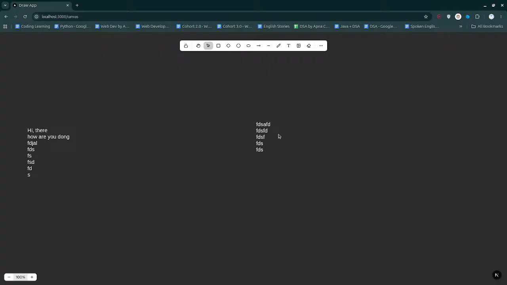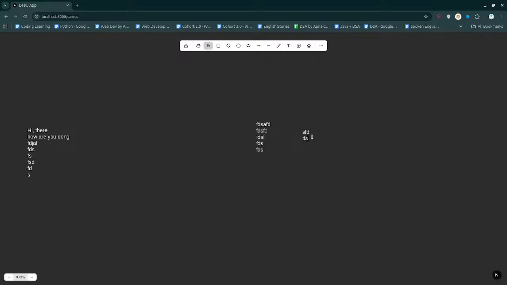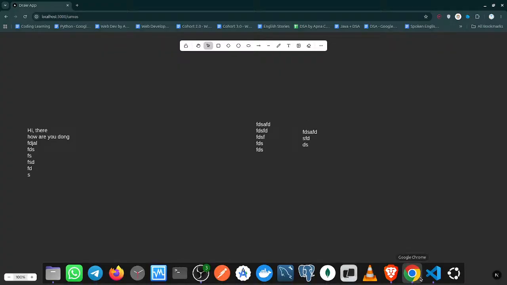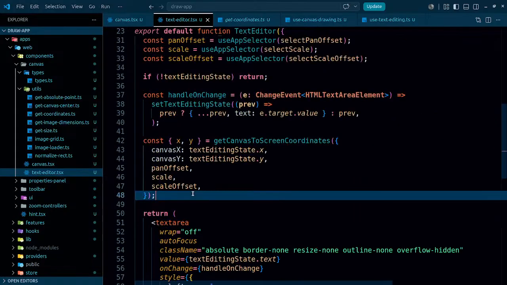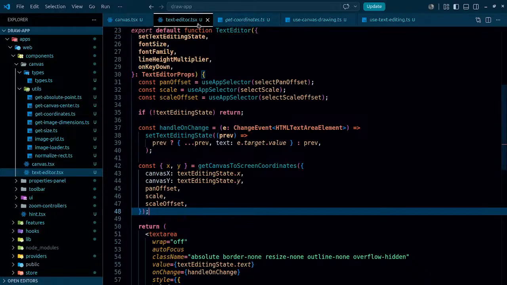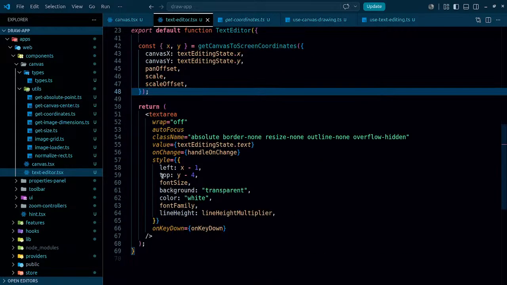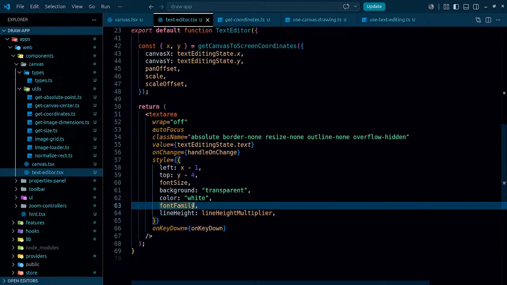There is only one problem right now, that is when I select this and start writing something, it's raining outside. Alrighty, hopefully it's fine. So its width is not dynamically increasing or decreasing. In that case, I had a way for this as well. So let me go to the text area editor, I am already in, and the height, line height multiplier, font family, line height multiplier,